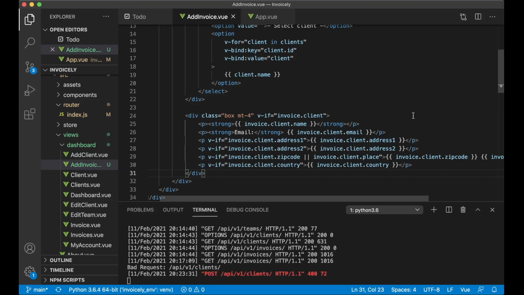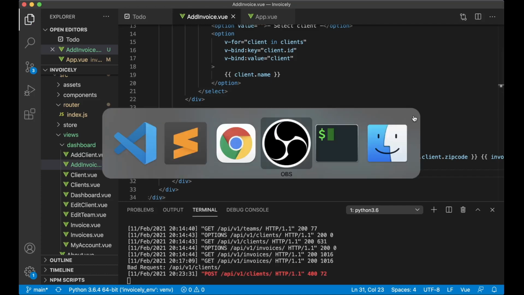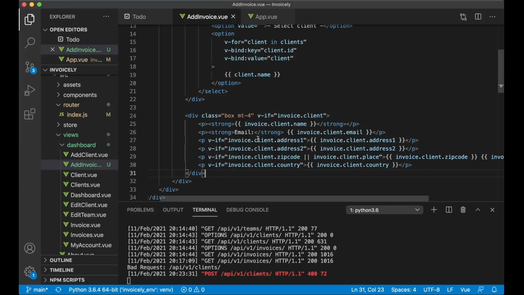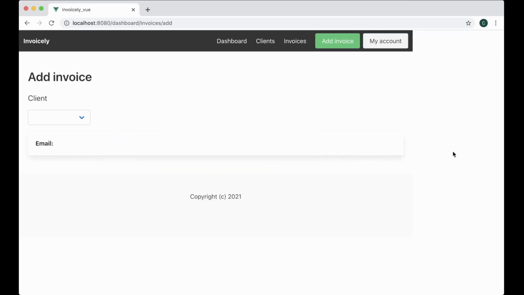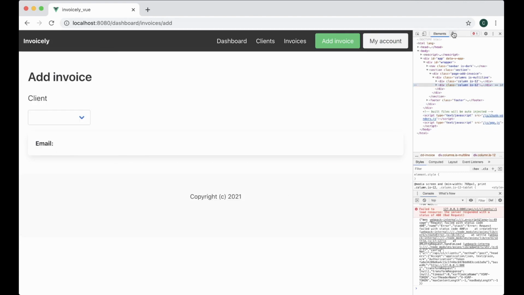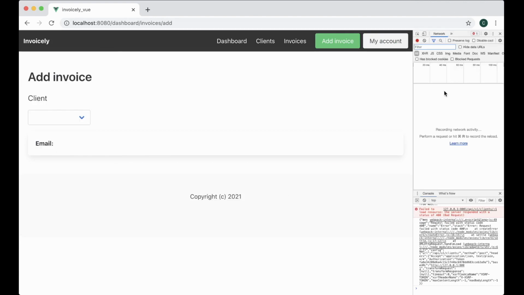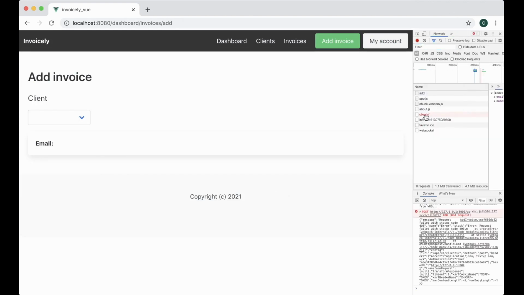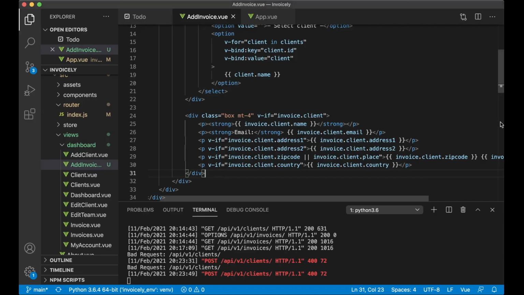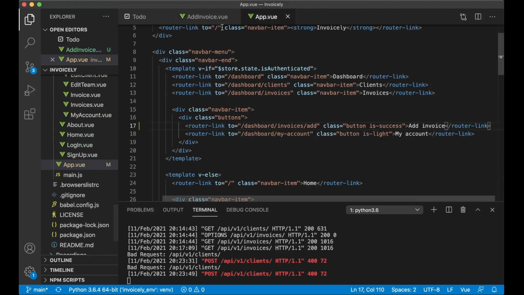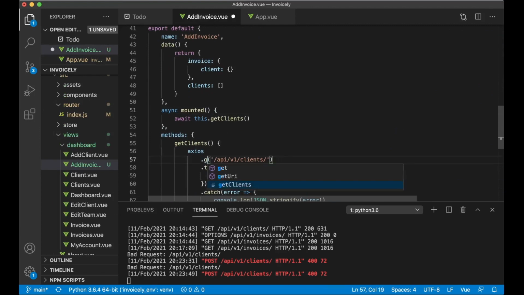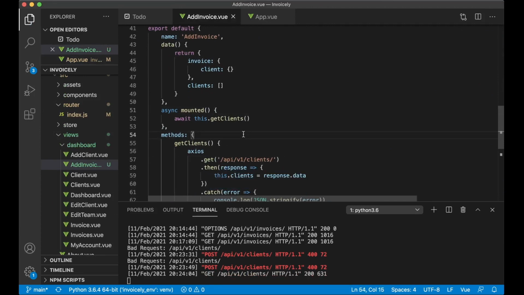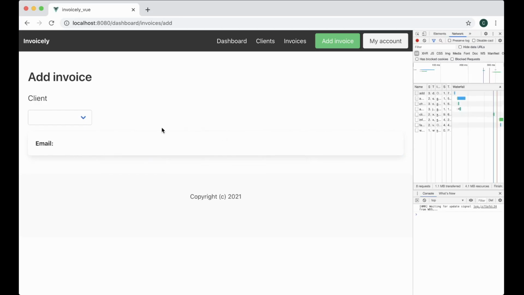Okay, there seems to be an error. I want to inspect to see what this error can be. I go into the network tab, refresh, click clients. This field is required. Of course, because it's not supposed to be a post, this is supposed to be a get. Sorry. So if I just save now and go back and refresh,